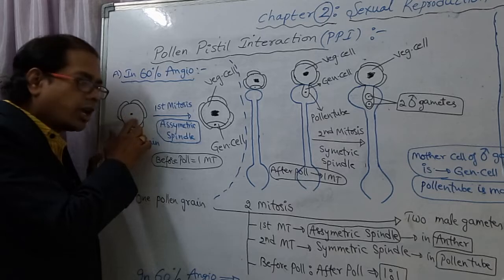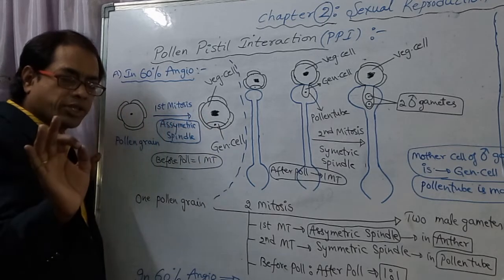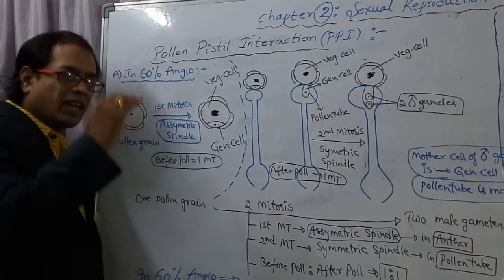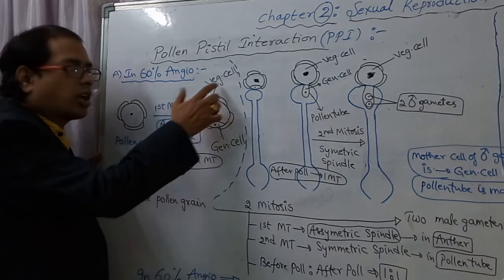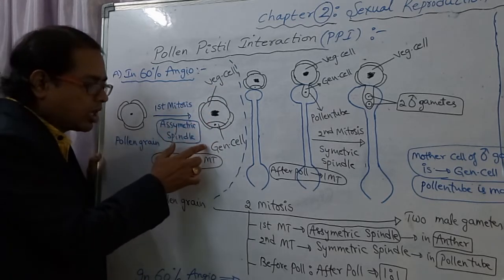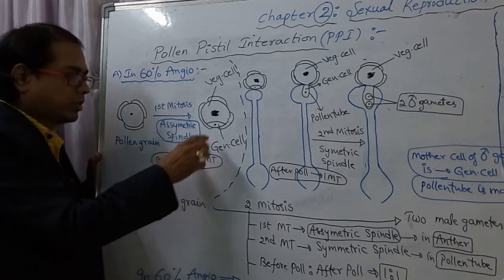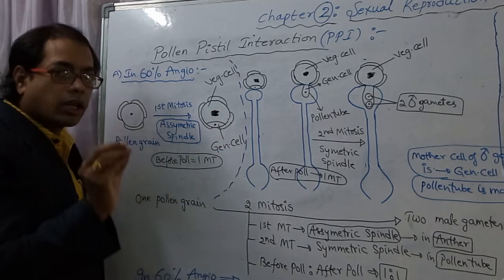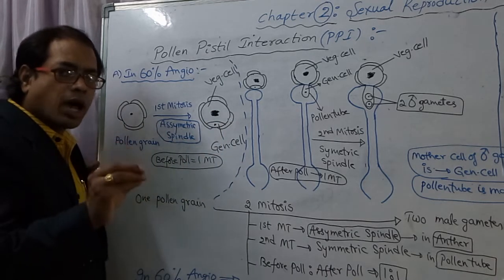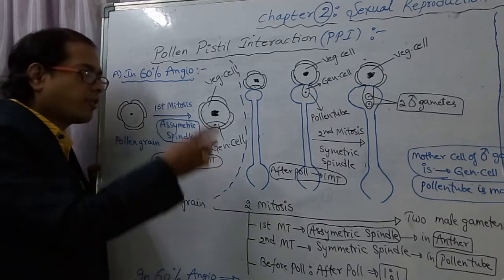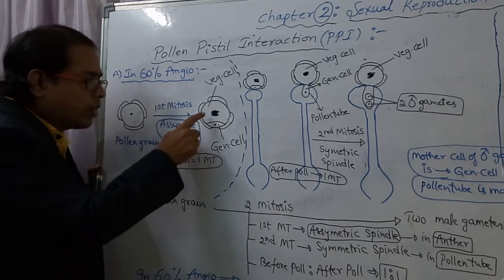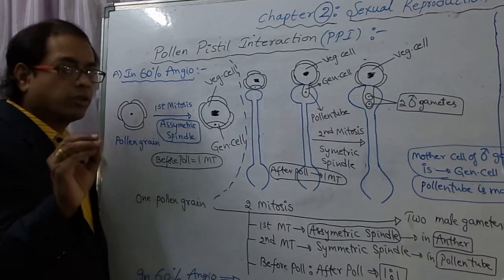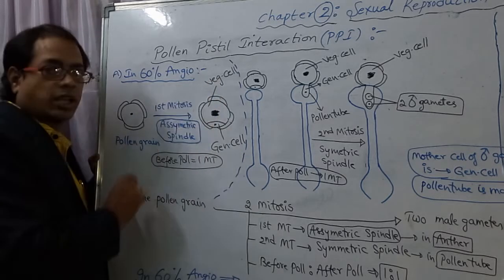So when the pollen grain divides into two cells, this is mitosis. What type of mitosis is it? Asymmetric. That is, unequal cells are formed. The larger cell is called the vegetative cell and the smaller cell is called the generative cell. This two-cell structure is called the partly developed male gametophyte. It contains number of cells 2, number of nuclei 2, and a large irregularly shaped nucleus found in which cell? Vegetative cell. Right.